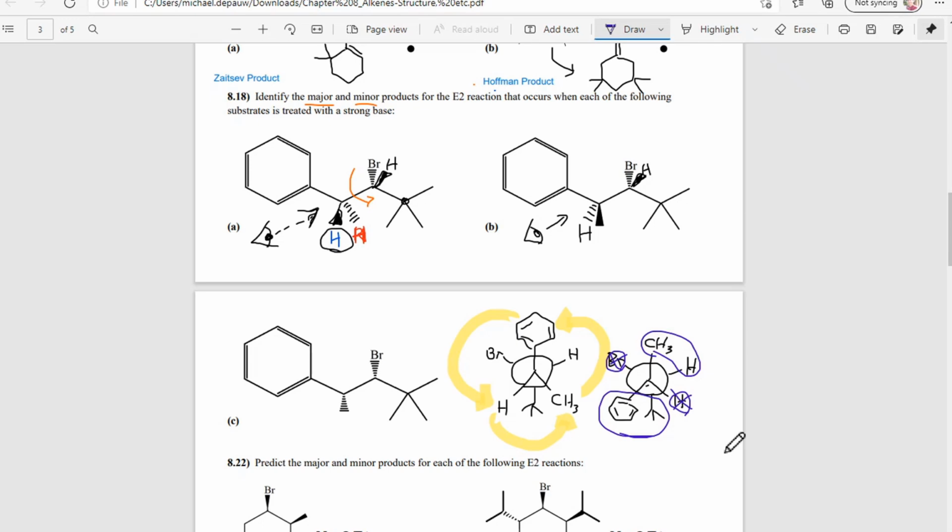Strictly speaking, cis and trans have a very specific meaning, but E and Z are less specific. It just means that the higher priority groups are always in the same direction. Higher priority groups in the same direction would be Z. If they're in opposite directions, it would be E. So in this case, we're going to get the Z product, which would be C double bond C,